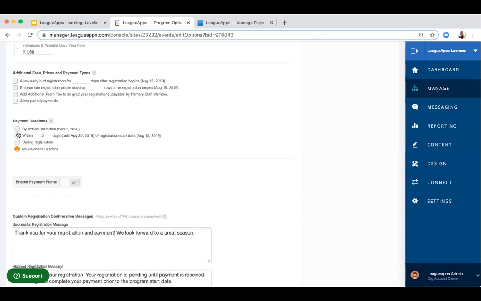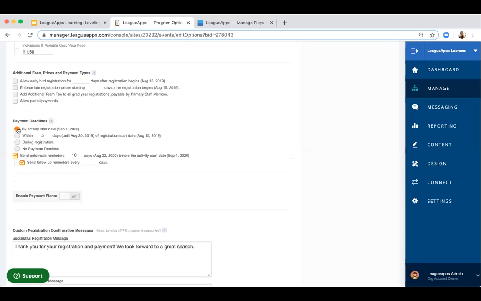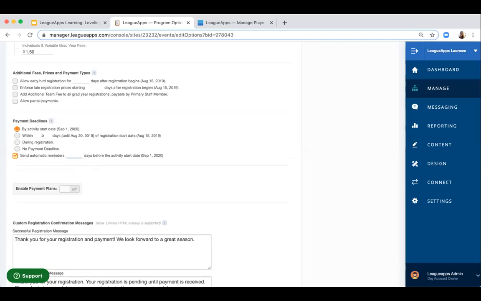But once I enact a payment deadline, such as by the activity start date of September, I can send automatic reminders, and this is fully customizable. So I can send it 1 day, or I can send it 30 days in advance. This is a great way to just kind of automate things so that if anyone's unpaid, they will automatically get a reminder before the program starts.